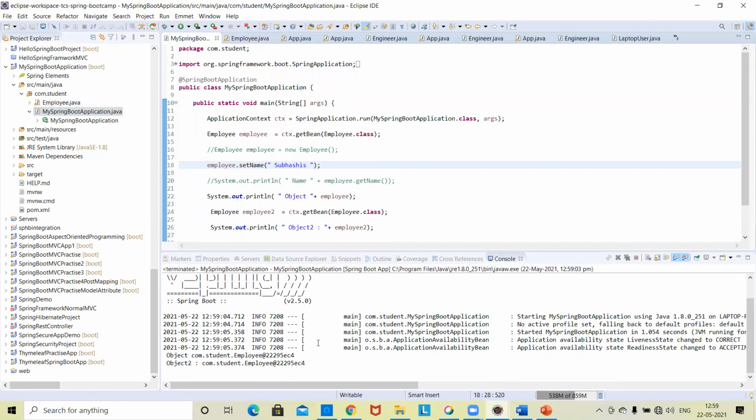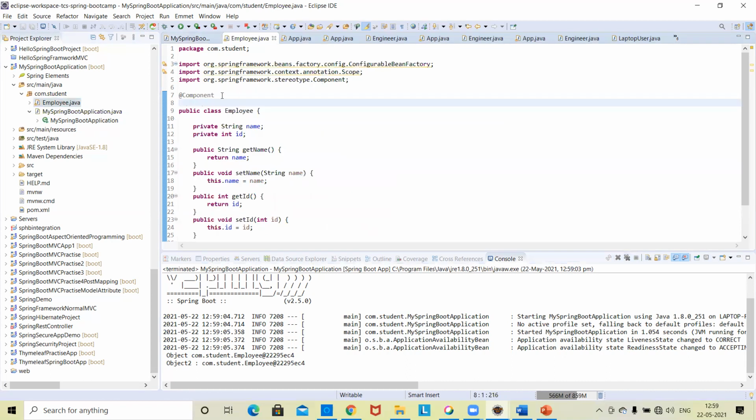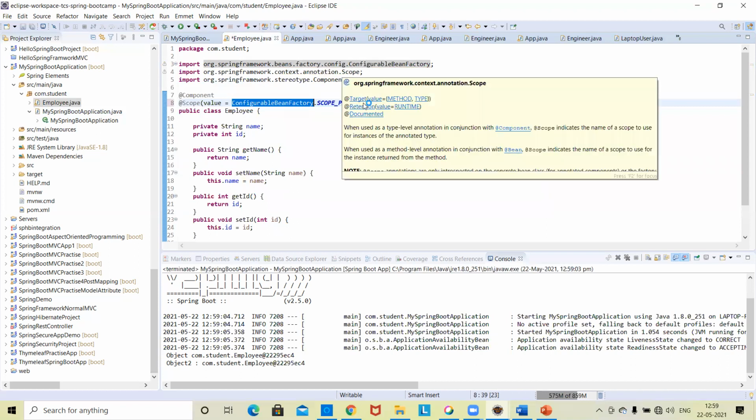Here you will notice both objects are the same. But if we use the prototype scope, prototype is a scope, and it is inbuilt in the Java class. ConfigurableBeanFactory, these are the imports. You do not need to bother too much about it.